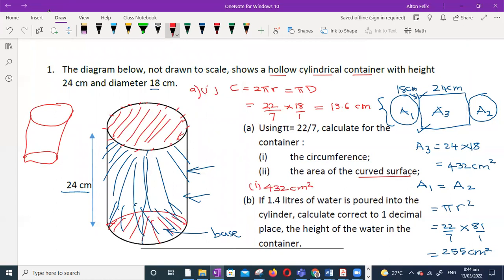Right. Now, if it is a cylinder with a base, well, I guess we may be able to